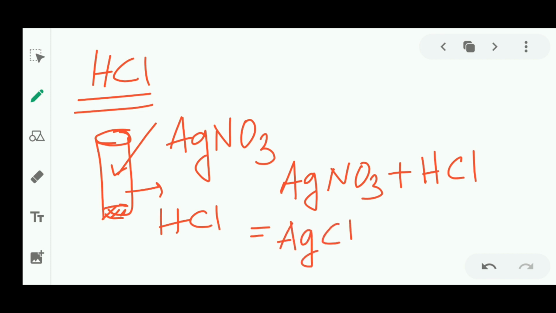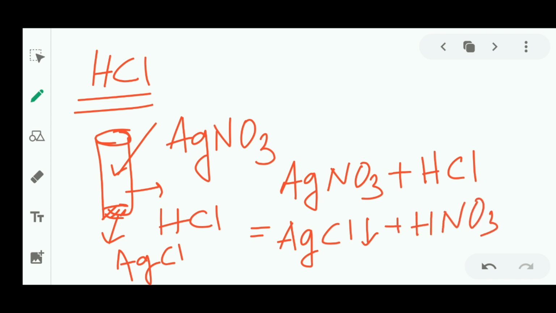Okay, so that AgCl is the white precipitate. This is the AgCl. But AgCl remains undissolved in HNO3. So how do we identify it? Next, we take that white curdy precipitate, AgCl,